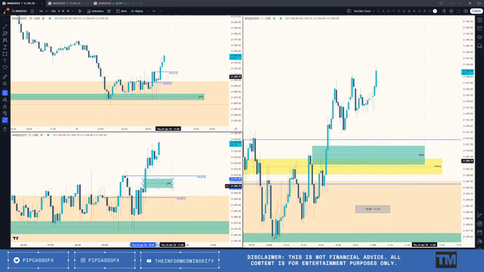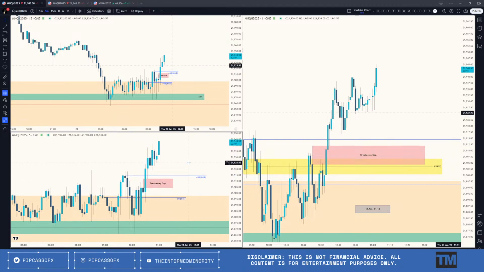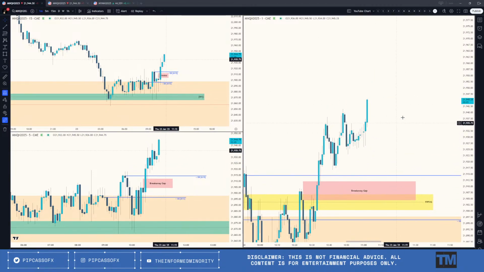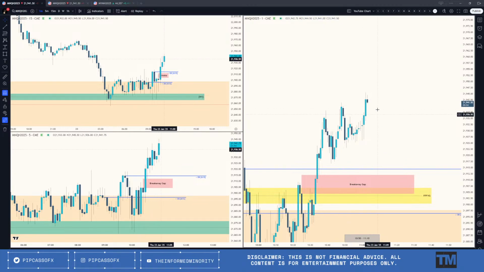So yeah, I would like to see this actually remain, as I was kind of explaining a little bit earlier, as a breakaway gap. I don't want to see it straight down to that. And then I want to see if we can create a gap here, using this candle, and not completely close it in, because then we have the respect off of this order block, us potentially trading higher.